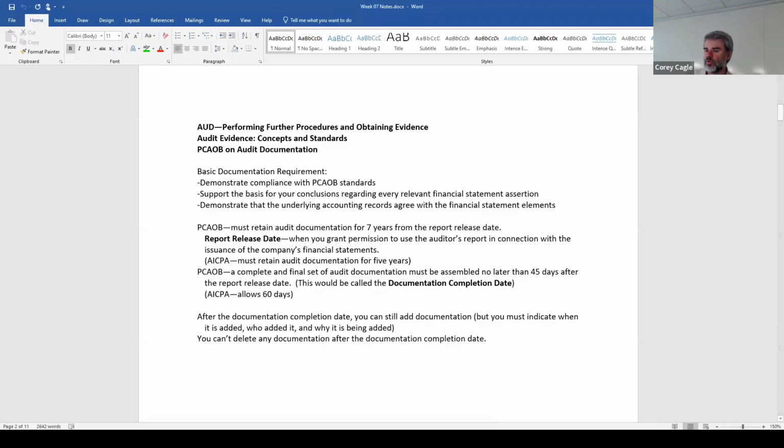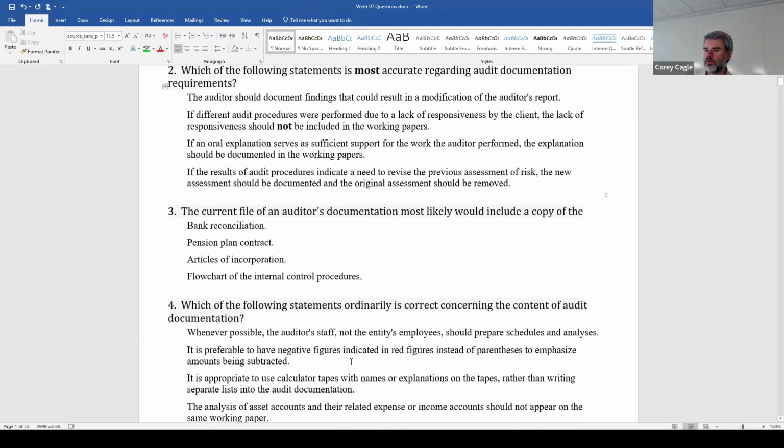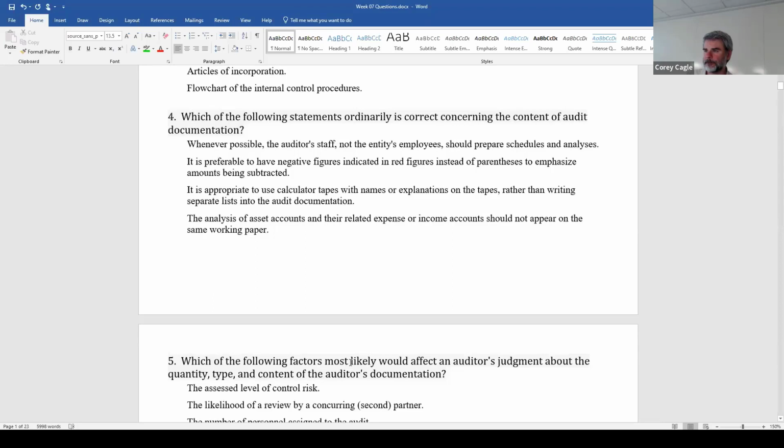Number 4. Okay. Which of the following statements ordinarily is correct concerning the content of audit documentation? A says,